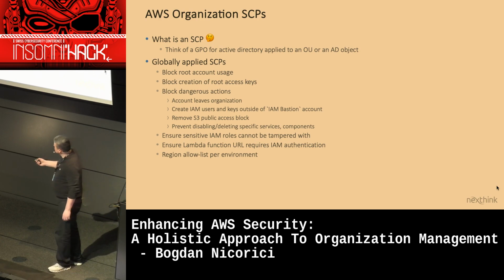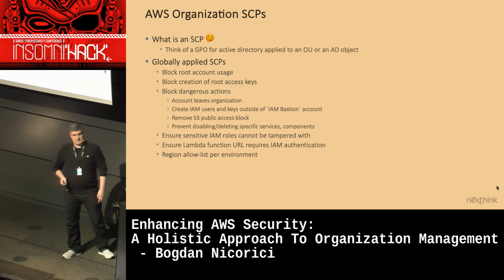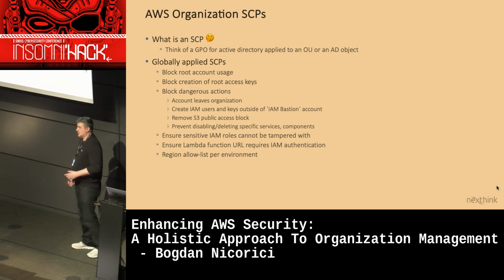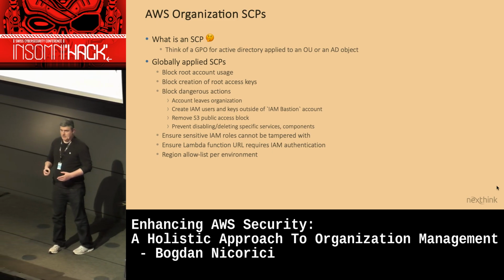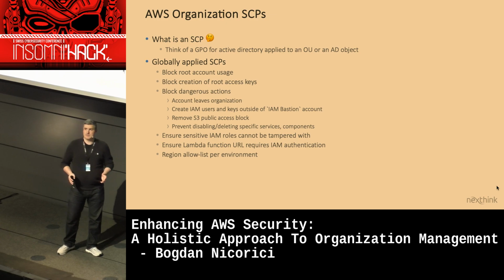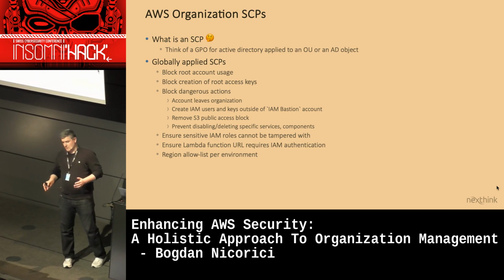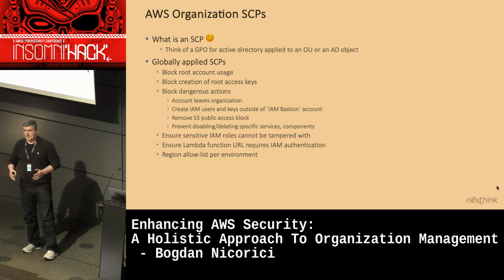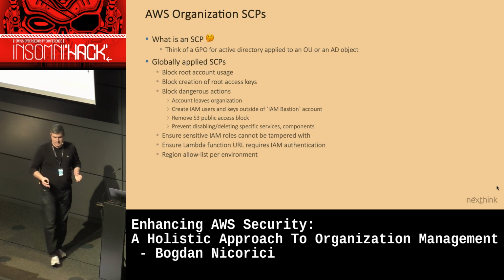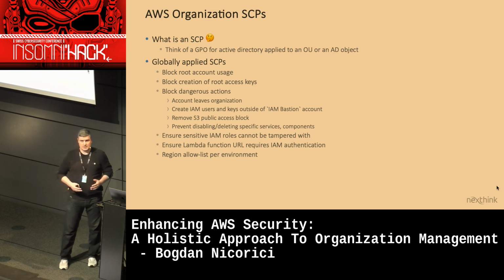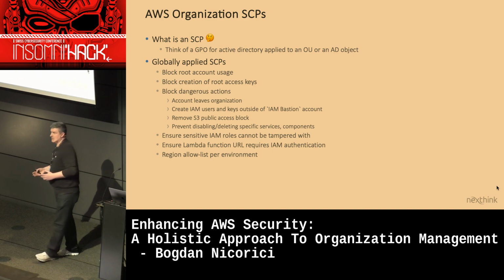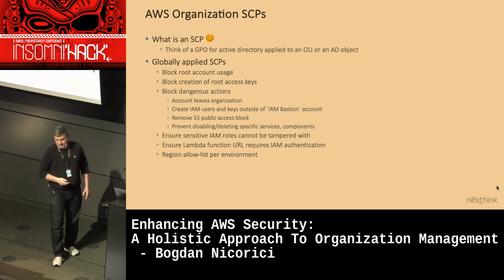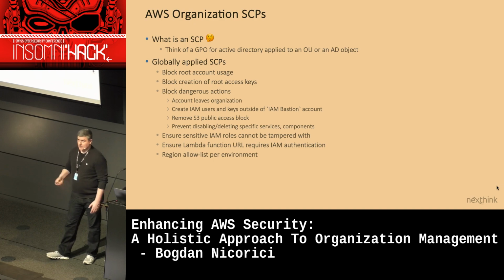One thing to mention about the region allow list per environment, why this is important is if you have sandbox, you may have staging, production, so on and so forth. You don't need all the AWS regions to be available in those accounts. So you can restrict the regions and say, in sandbox, I have less regions. You limit the blast radius in case of issues. You reduce the attack surface, but it also saves cost because you might not want to deploy in specific regions which are more expensive. And you can do it per environment, like I said,